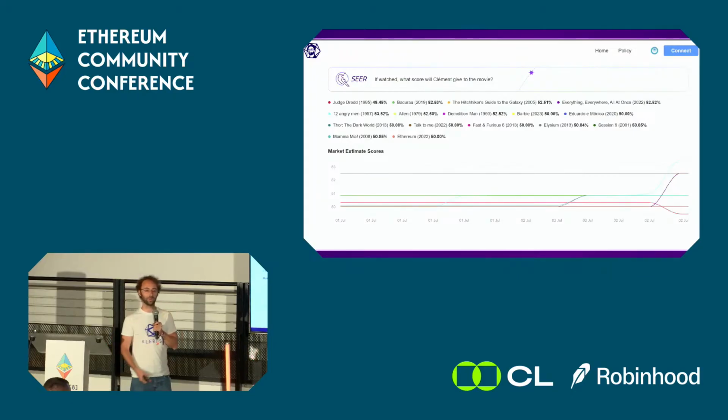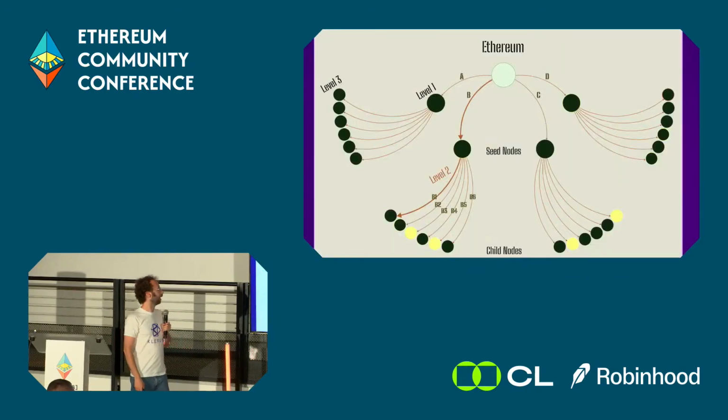If we wanted to get a fully comprehensive list of movie ratings according to my taste, I could not watch all of them, obviously. But then we could make a very large market with thousands of movies. Humans will probably not be able to trade those, but now we can get AI agents which can look at my preferences, look at my previous ratings, look at public information on me, and then trade in those markets, and you will be able to rate the whole movie space according to my taste. That will be distilled human judgment only of me, but we can do distilled human judgment of a group. So